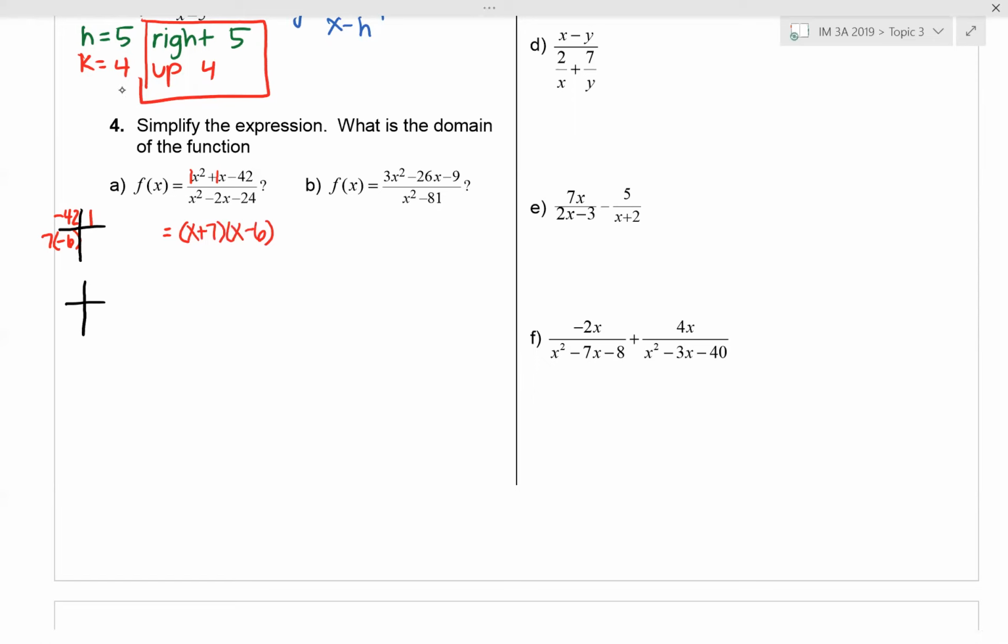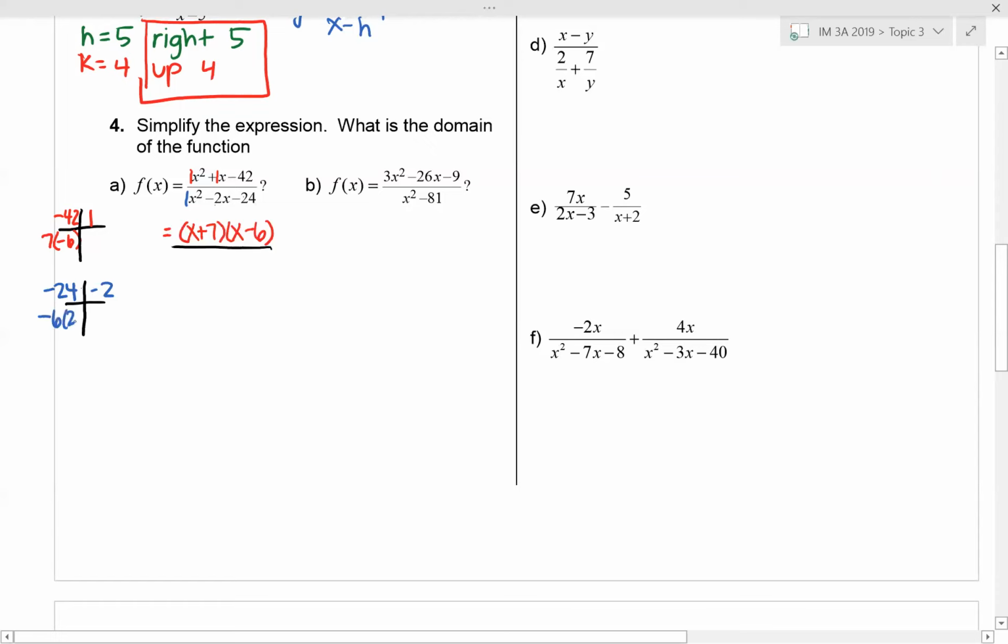I need to do the same thing with the denominator. And so for the denominator, I'm looking at numbers that multiply to when a is 1 and c is negative 24, so negative 24, and b is negative 2. So I need two numbers that multiply to negative 24 and add to negative 2. So those two numbers would be negative 6 times positive 2, because negative 6 plus 2 is going to give us negative